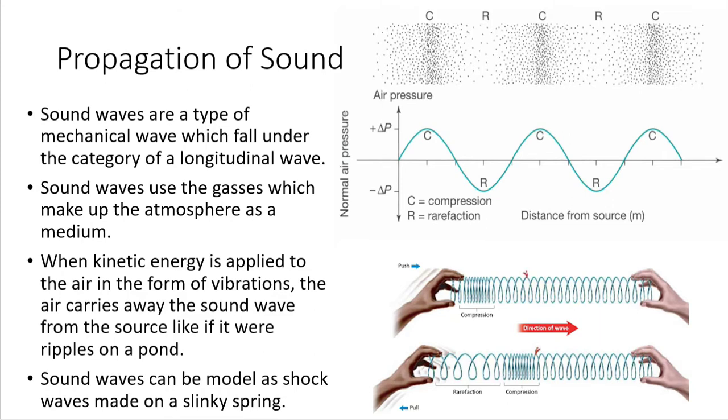So we've modeled longitudinal waves as a type of mechanical wave which uses a medium. In this particular instance, we're talking about the air or the gas for a particular atmosphere. And what happens is, if we model the compression regions as being places of high pressure, where the pressure exceeds